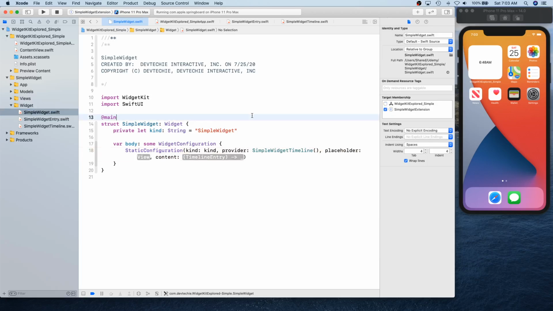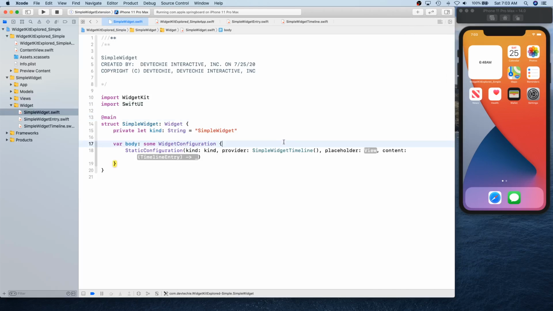If you leave that checked, or it gets checked by mistake, you're going to start seeing compiler linker errors that there's a duplicate main. Sometimes it tells you where it is, sometimes it doesn't, but you need to be sure that wherever your main is, the target membership is selected for that particular target only. So this simple widget is the main launch or entry point for the widget, so make sure it has target membership for the widget extension only.